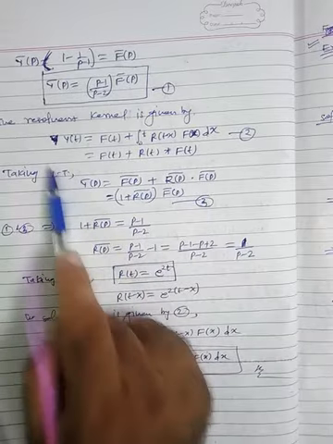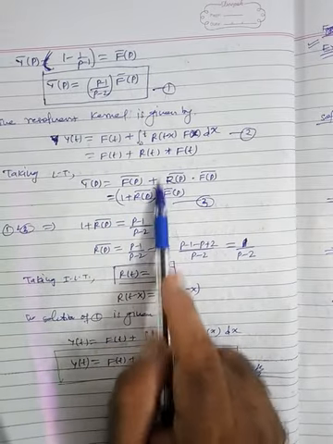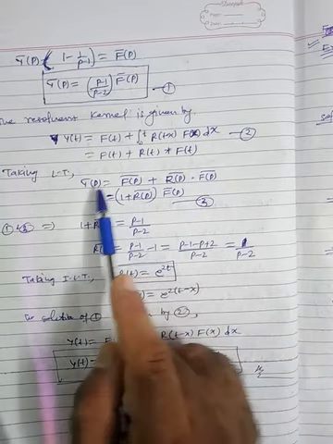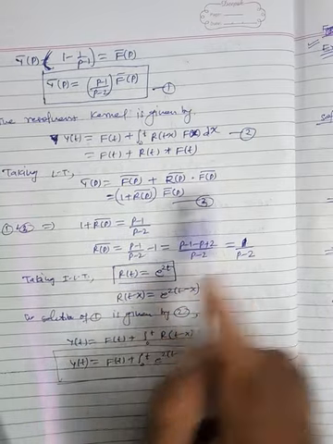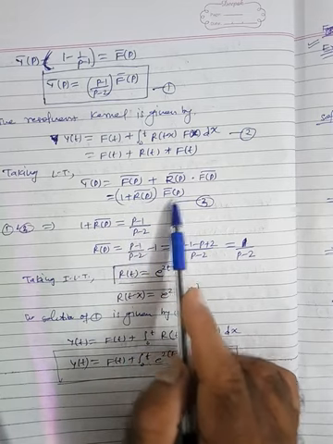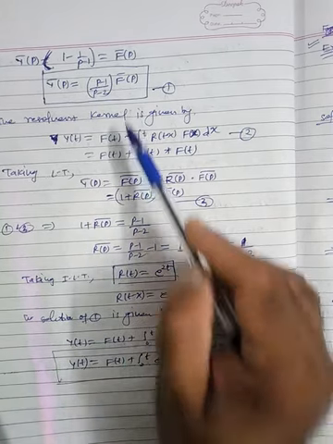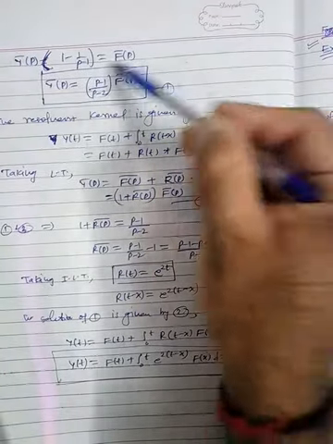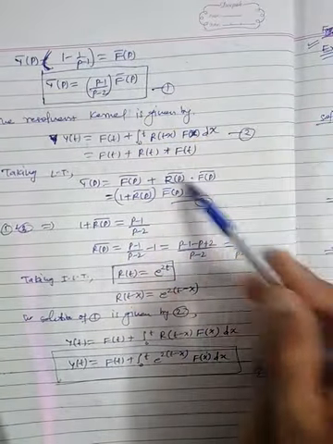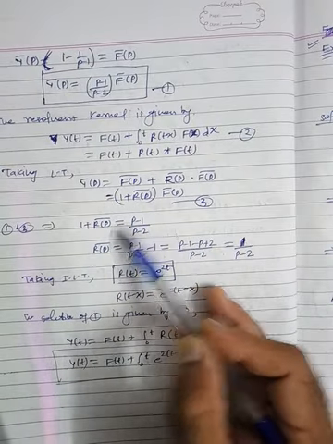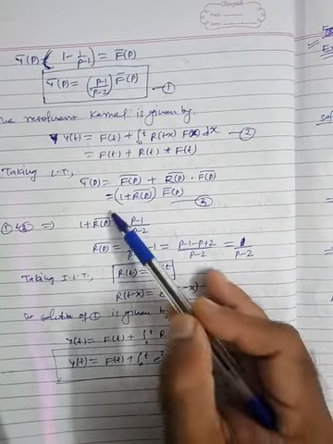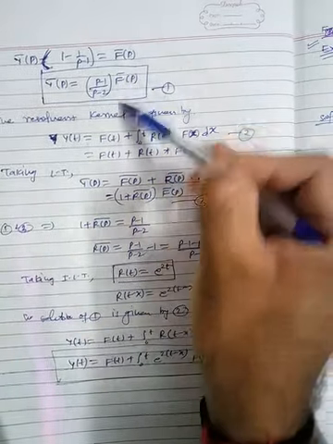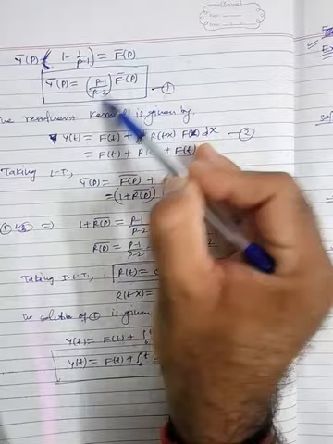Now take the Laplace transform. So Y(p) bar is equal to F(p) bar plus the Laplace of this, which is R(p) bar, times the Laplace of f(t), which is F(p) bar. From here you can take F(p) bar common. So (1 plus R(p) bar) into F(p) bar. This is equation three. Now when you compare Y(p) bar here, this right hand side is equal to that right hand side. So (1 plus R(p) bar) into F(p) bar is equal to this into F(p) bar. So F(p) bar cancels from both sides, and this quantity is equal to that quantity.